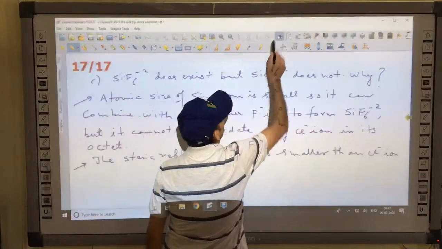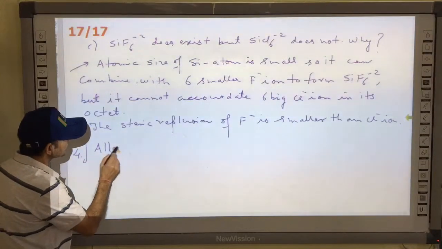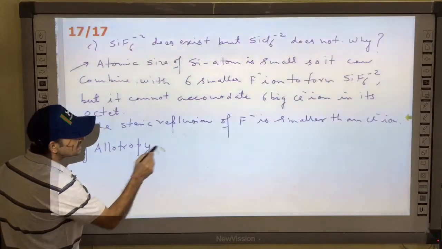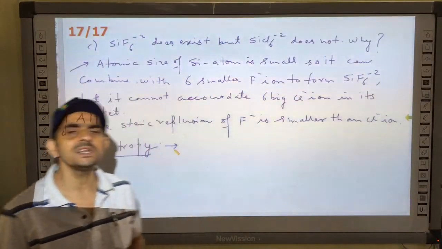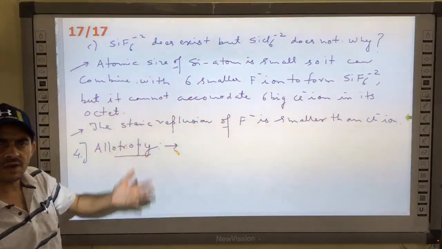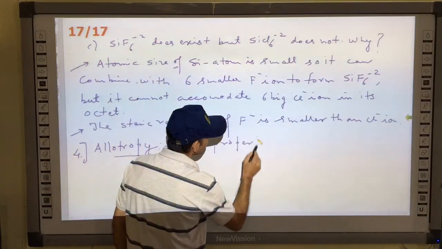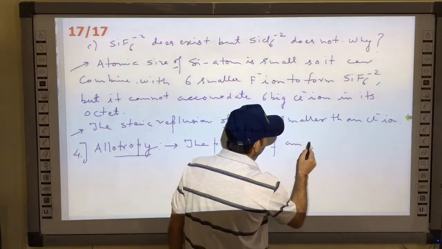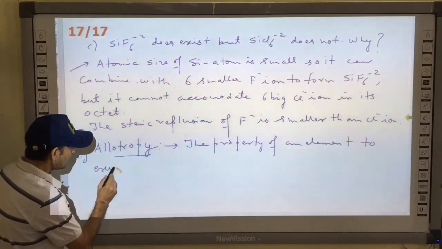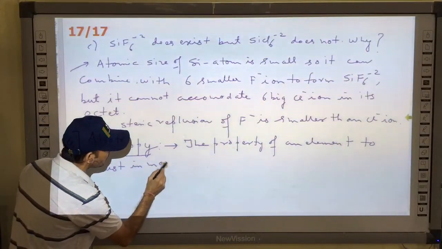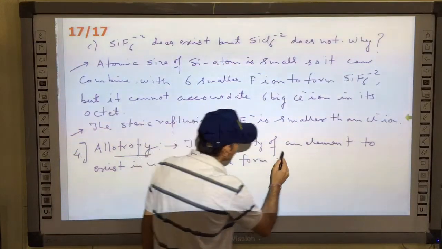Okay, now moving on. The next property, number 4, is allotropy. You are also familiar with this. Do you know what allotropy is? You have been hearing this word since class 7. What is allotropy? We are dealing with the carbon family. Allotropy means the property of an element to exist in more than one form,